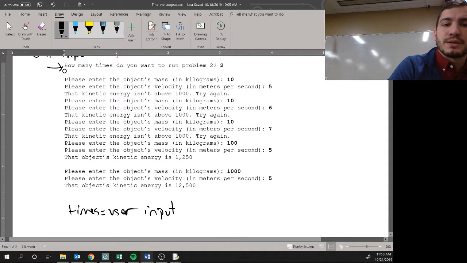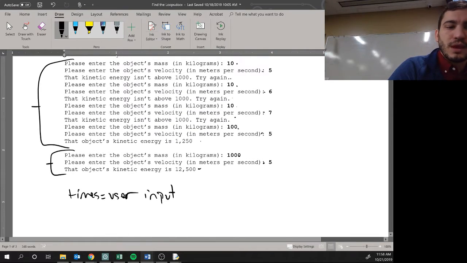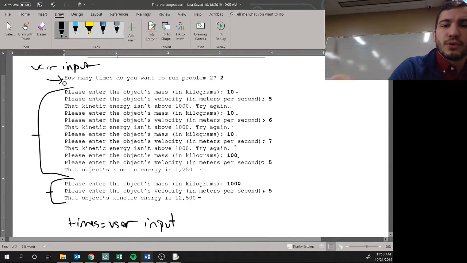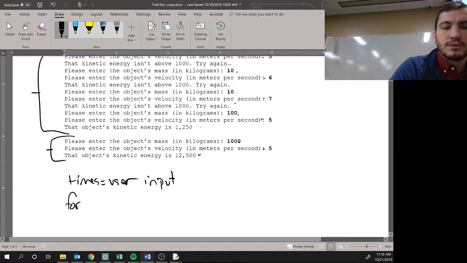And then if you notice, this right here and this right here are two separate loops. How do I know that? Well, I'm asking for kilograms, meters, not enough, kilograms, meters, not enough, kilograms, meters, not enough, kilogram, meters, enough, and then I'm asking kilogram, meters, enough. So these are two separate loops. So you know that I'm going to need a for loop because I'm asking for a number. So then I'm going to go for x in range times,